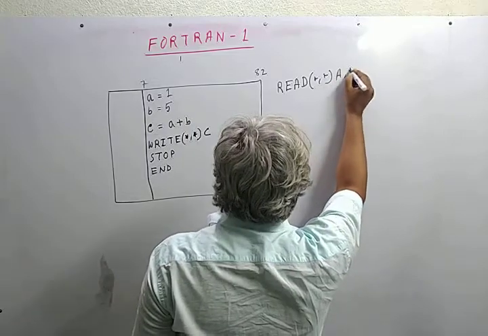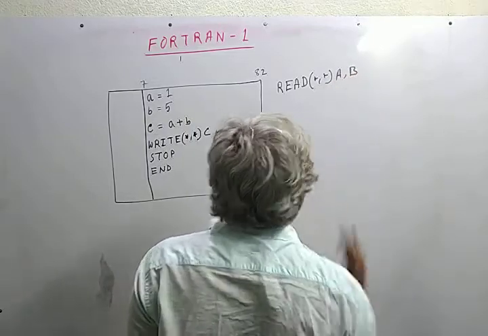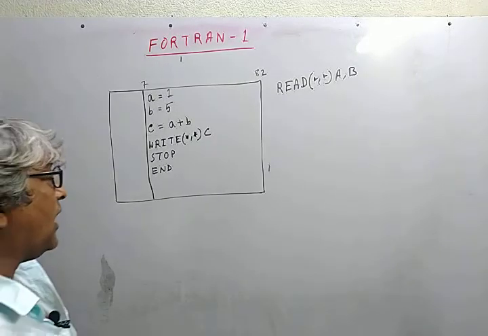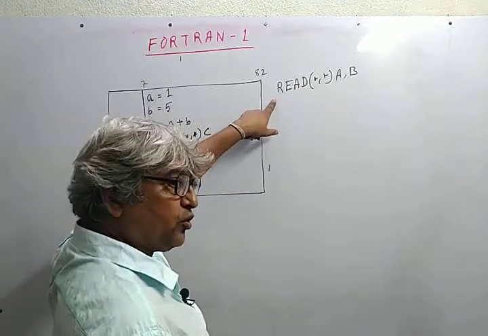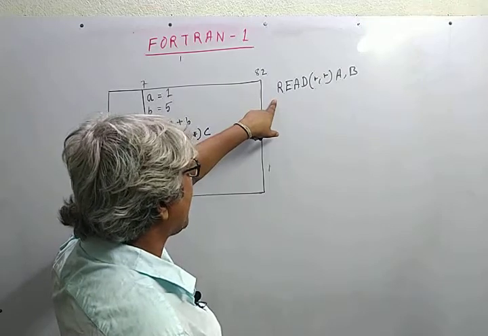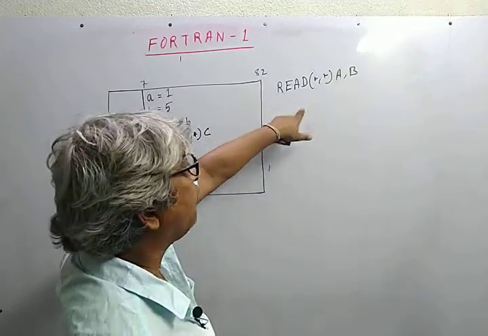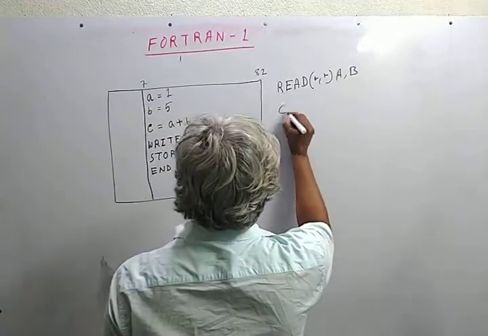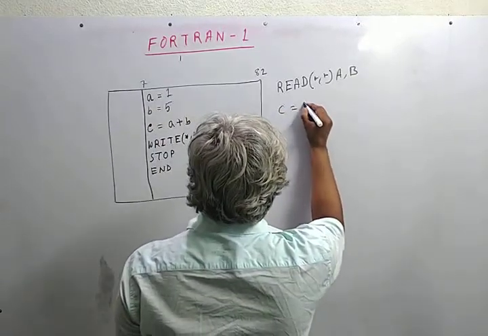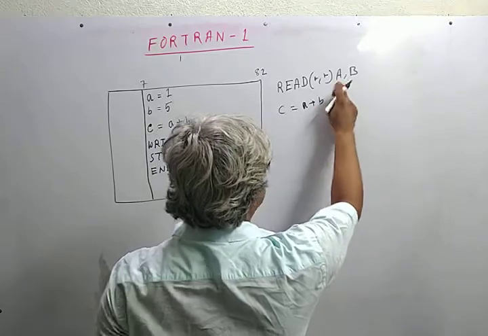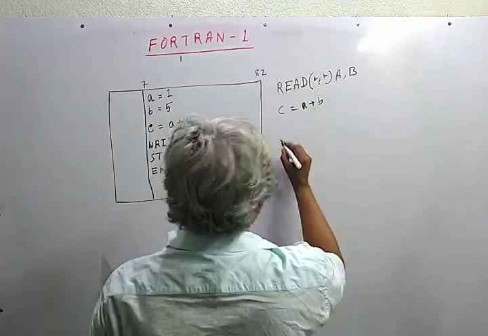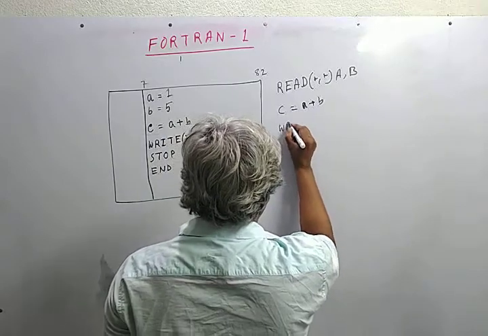This comma separates the two variables A and B. So I am instructing the program to read the values of A and B from outside. Then we write C is equal to A plus B. Capital A and small a are equivalent, and so are small and capital B. And then we write